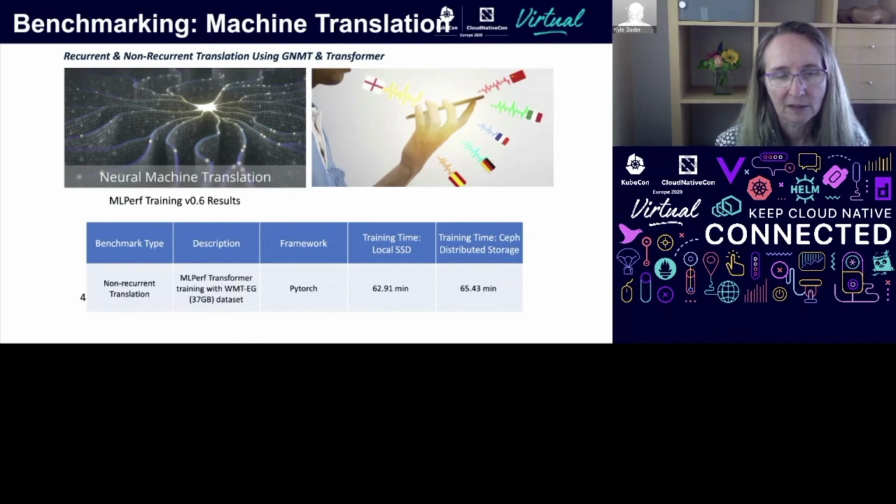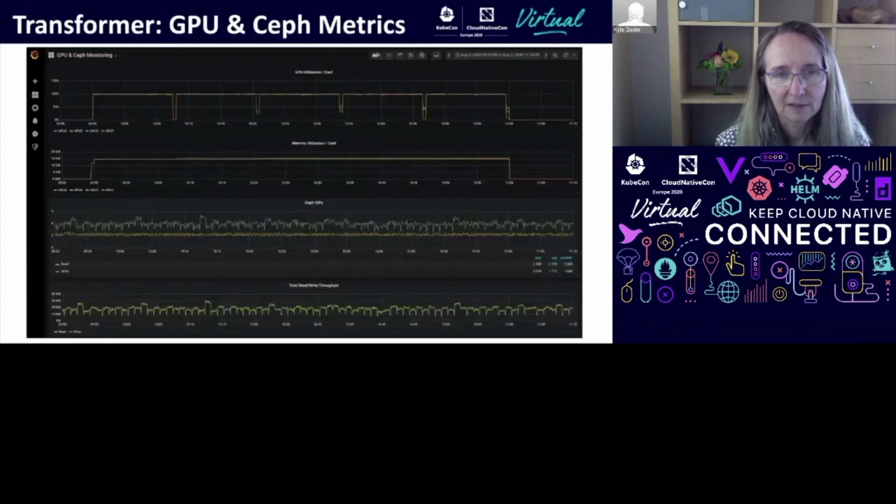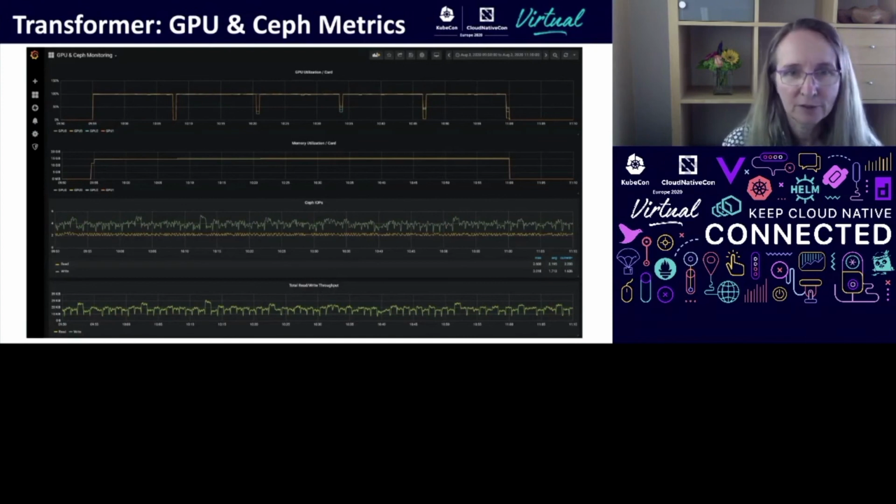So we wanted to dig in a little bit to Prometheus, right? Look at some of the telemetry from the test to really try to understand what's going on here. Why do we see what we saw? It's very handy and useful to use Prometheus and Grafana together in Kubernetes and OpenShift. And right here, we're looking at our transformer run.